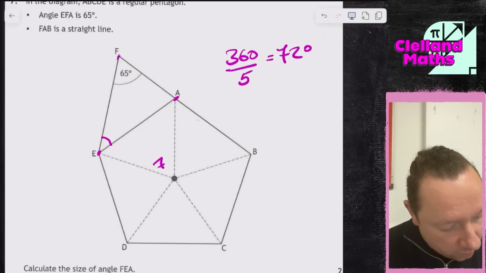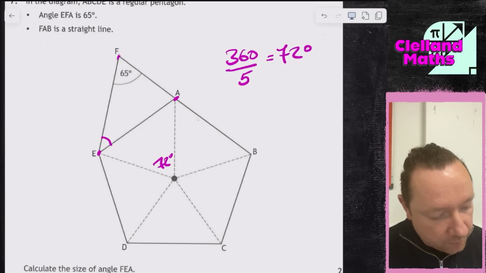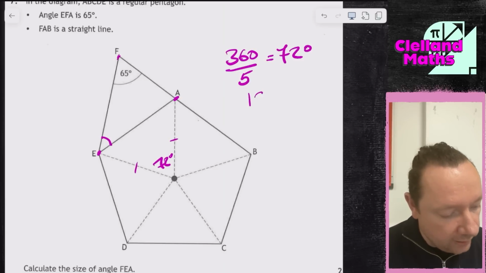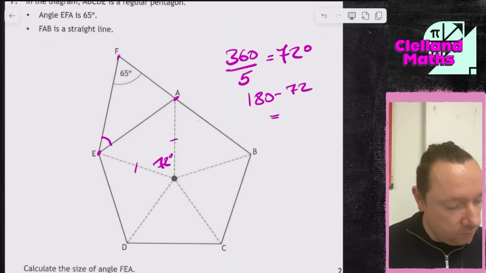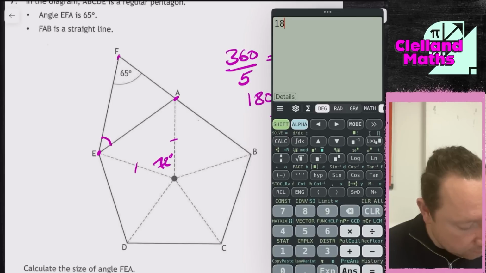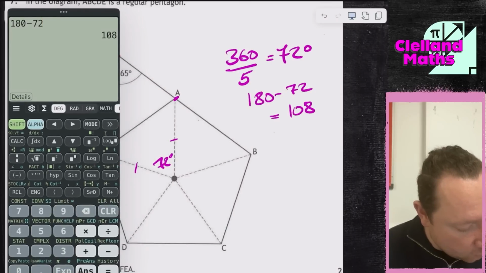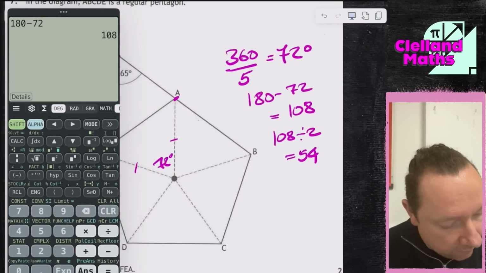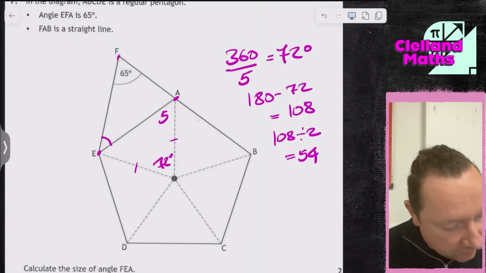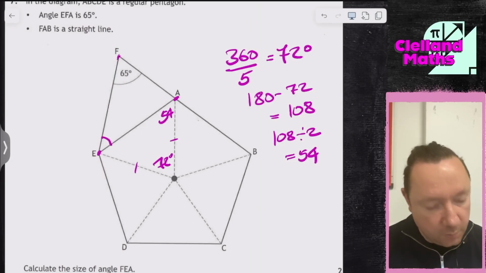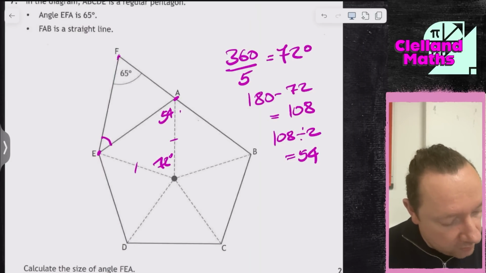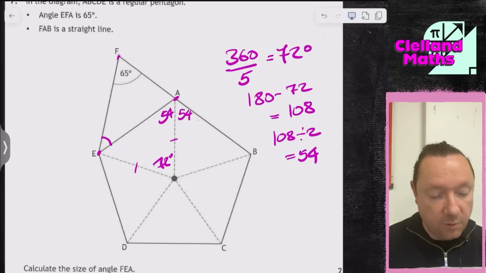So we've got 72 in each of the centers, but I'll just put one of them. And this will be an isosceles triangle. So I can do 180 minus 72. 180 minus 72 is 108. 108 divided by 2 then is 54. So we can get 54 degrees at the extremities. Don't need the other one, but put it in if you want. And we also know that this one's 54 then because of symmetry.